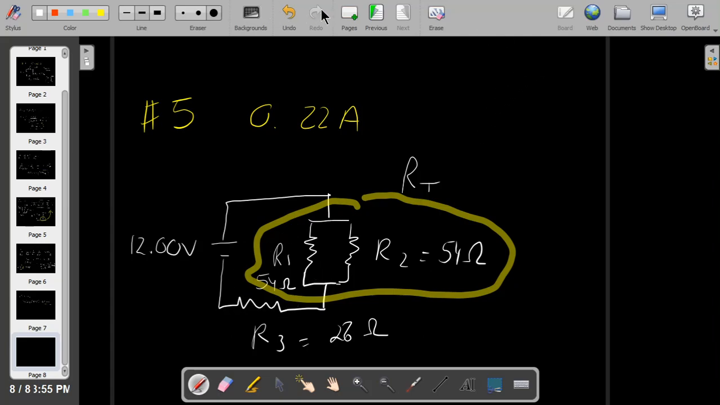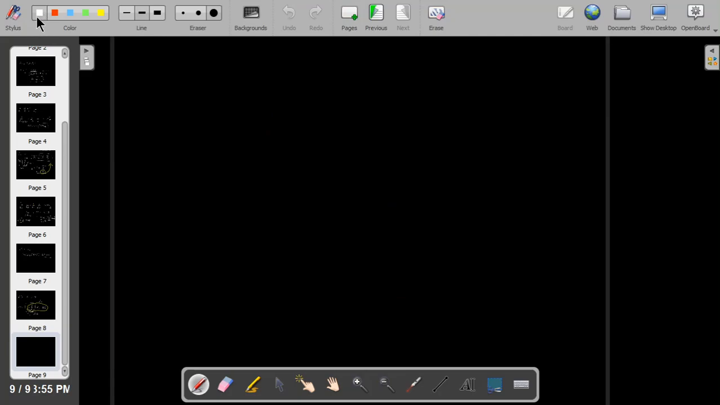And let me get a new page. And let me get white. I don't know if I have a pen or not. I want white. So